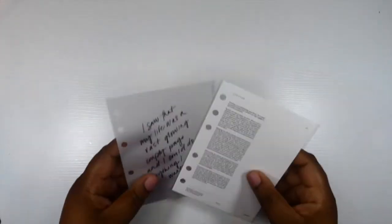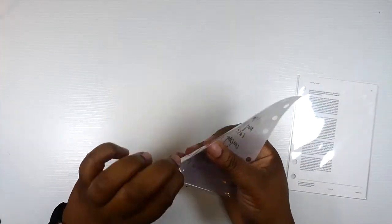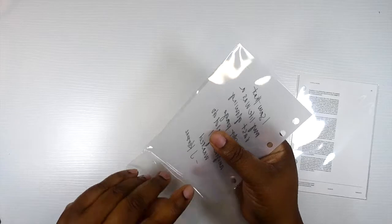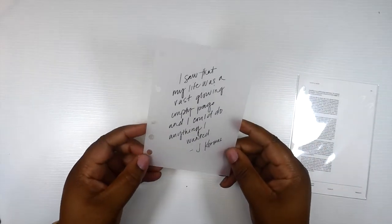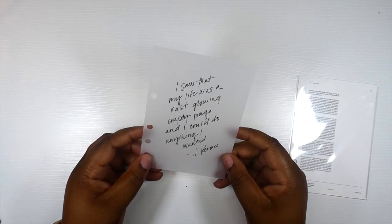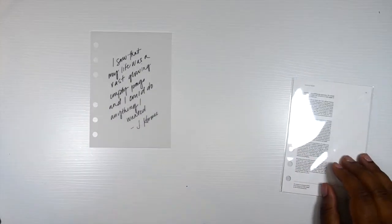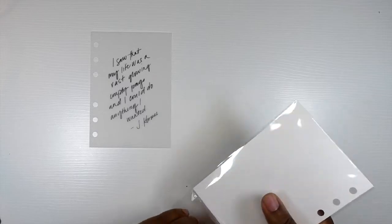The first item is the dashboards. So we got this vellum dashboard that says, I saw that my life was a vast glowing empty page and I could do anything I wanted. And then we have the second one